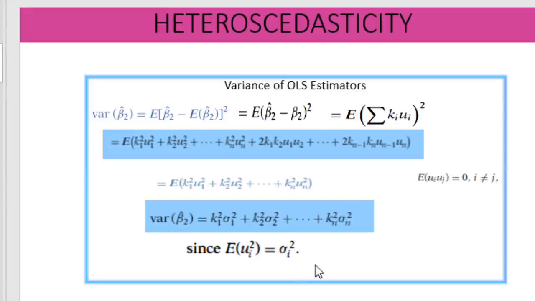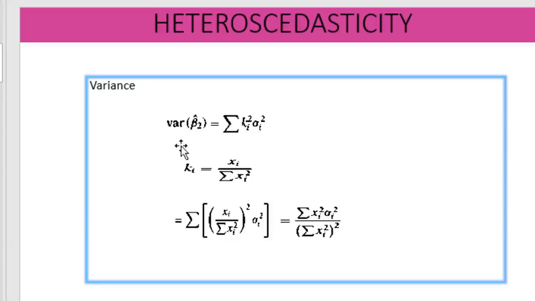If we have heteroscedasticity, expected value of ui square equals sigma i square, and variance of beta 2 cap equals sigma ki square sigma i square, where ki equals xi by sigma xi square. This will be equal to sigma xi square into sigma i square by sigma xi square the whole square. This will be the variance. Since the variance is not minimum,